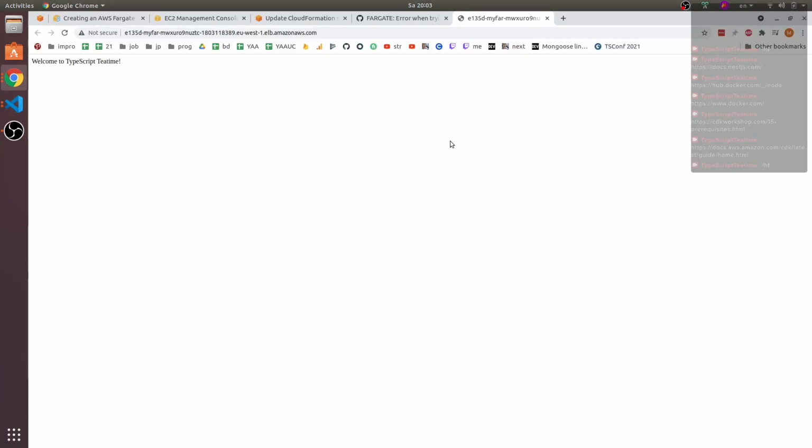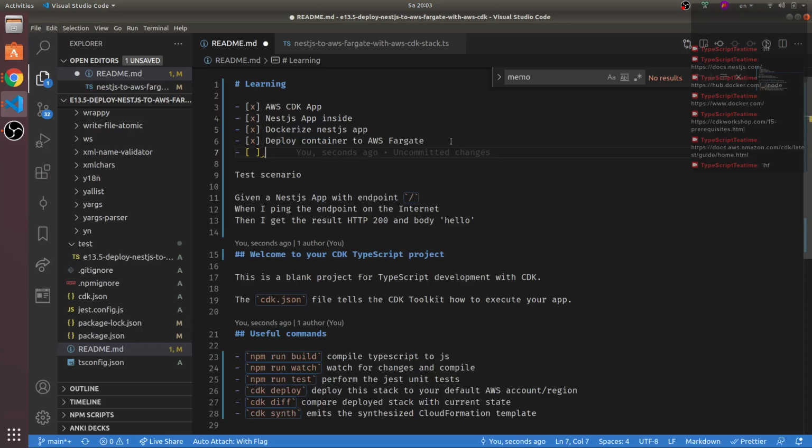But it's fast enough so that I think it's actually working as expected, like running all the time. One more interesting thing is how will CDK deploy act if we change the Docker image, or if we change the underlying code of the Docker image. I'm very curious about that one, to be honest. So change some code